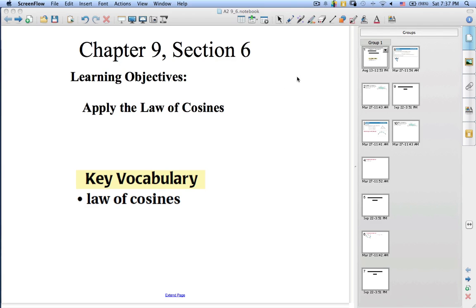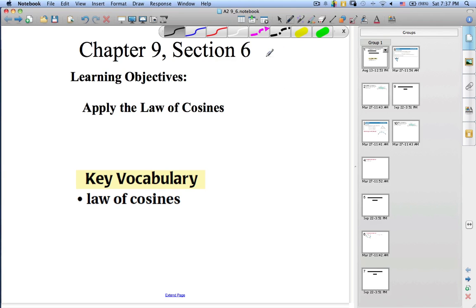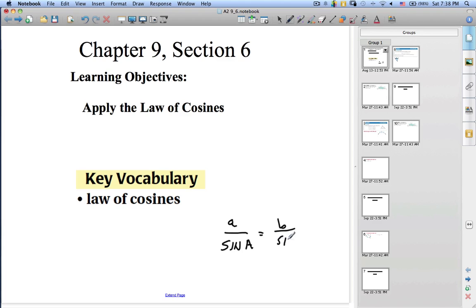So in section 6, we're going to be working on applying the law of cosines. So we've learned the law of sines. And if you remember, the law of sines involved sine, obviously, and it involved creating a ratio between the sine of an angle and the length of the side opposite it. So when we worked with the law of sines, which is what I'm writing out here,